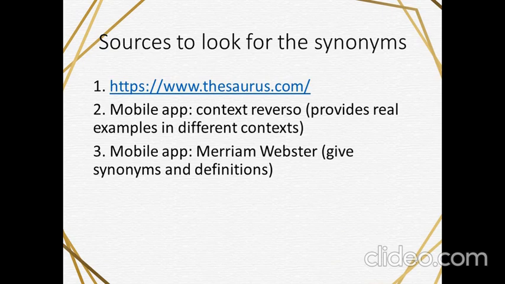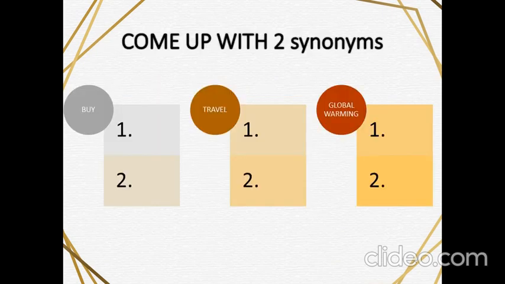And the third one is the mobile app Merriam-Webster, which is the equivalent of the thesaurus.com website. It gives you synonyms, definitions, explanations, opposites, and so on. So, of course, it is better to use Merriam-Webster or thesaurus.com first, and then only translate the word if you don't know. So that should be your last step. Okay, so let's start with